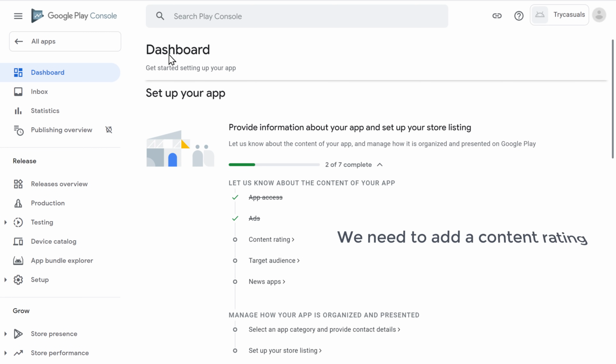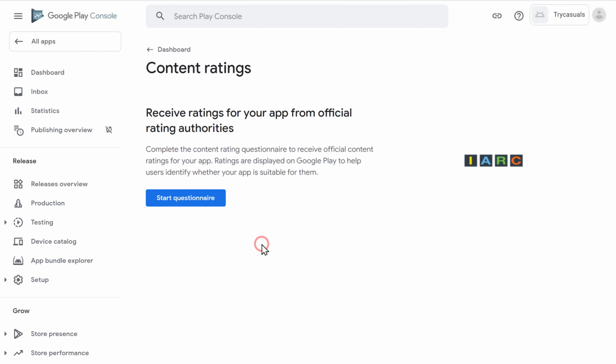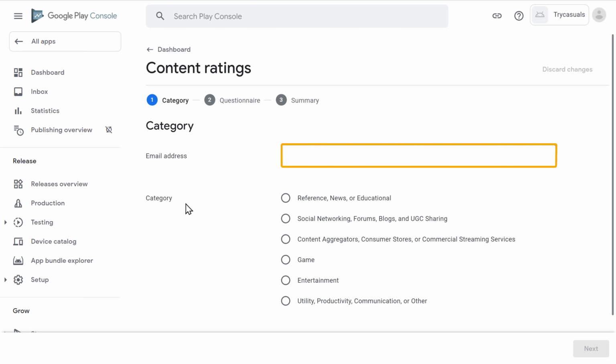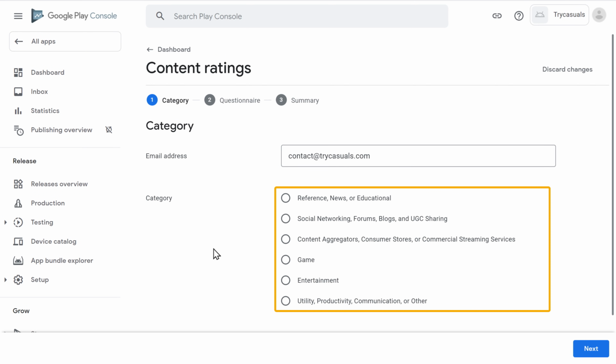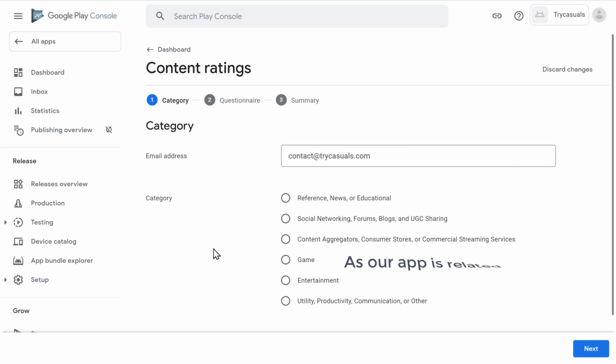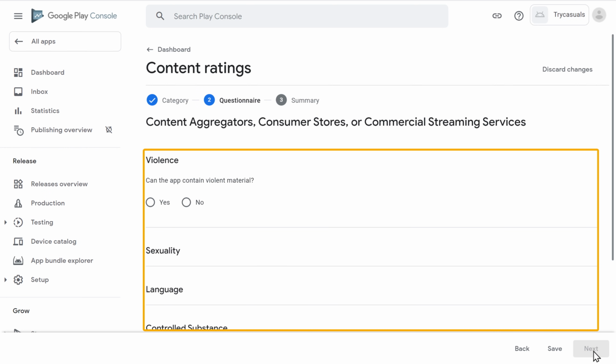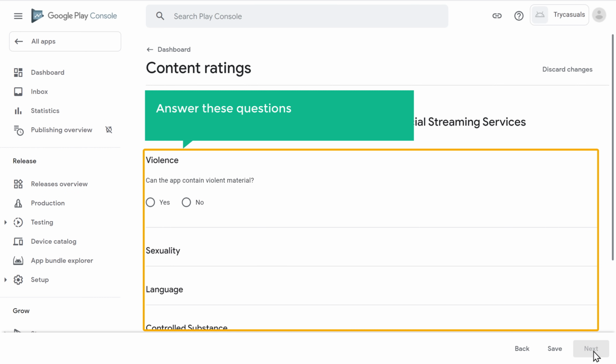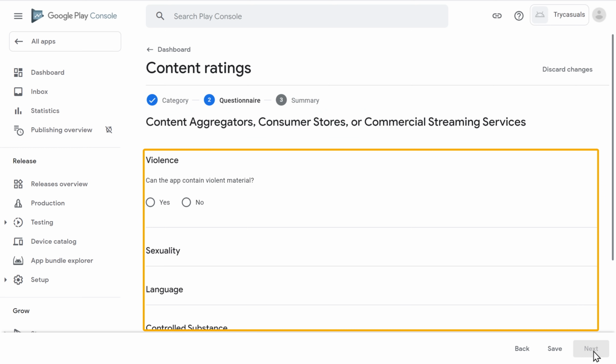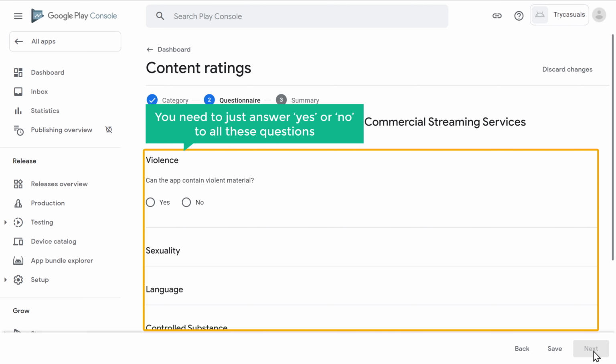Next, we need to add a content rating. So let's click here and then click Start Questionnaire. Now here, enter your email address and then we need to select our app's category. Now as our app is related to shopping, I'm going to select this category and click Next. Here you can see a list of questions. Now answer these questions based on the items you're selling on your app. You need to just answer yes or no to all these questions.